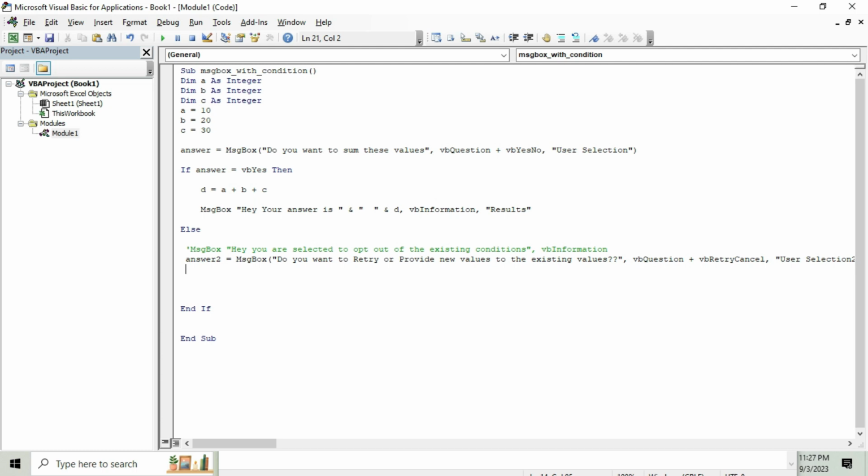If they give yes, it should take me to the new values, right? So I'm going to provide a new variable name. Let's consider it as a1, which is equal to an input box. Do you remember in the initial discussion we mentioned we are going to get the values from the user? So for that we need an input box and enter the value,